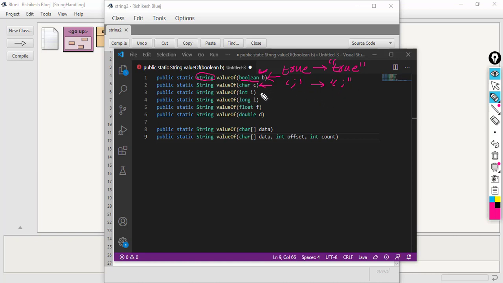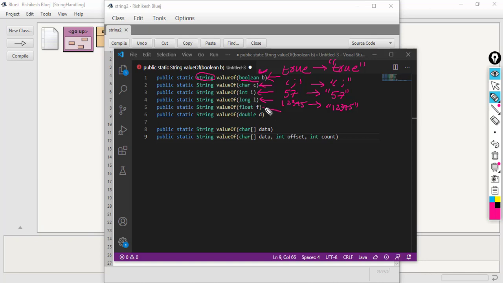Now let's talk about the next one. Here if you give an integer, let's say 57, so this 57 integer will be converted into a string. Similarly, here you have to give a long value, so whatever long value you give, let's say 12345, that will be converted into the string "12345".